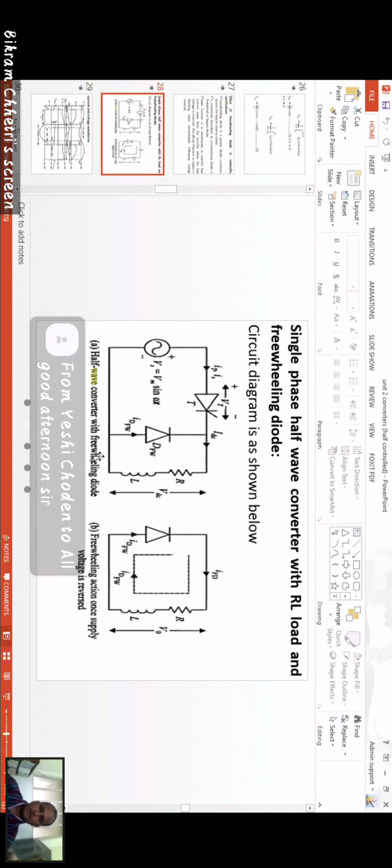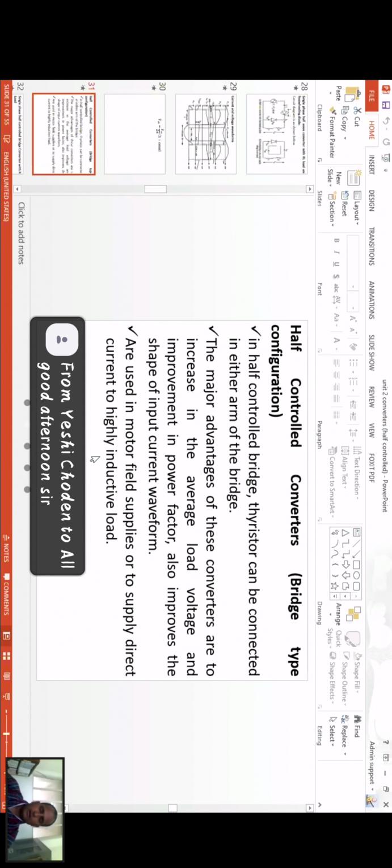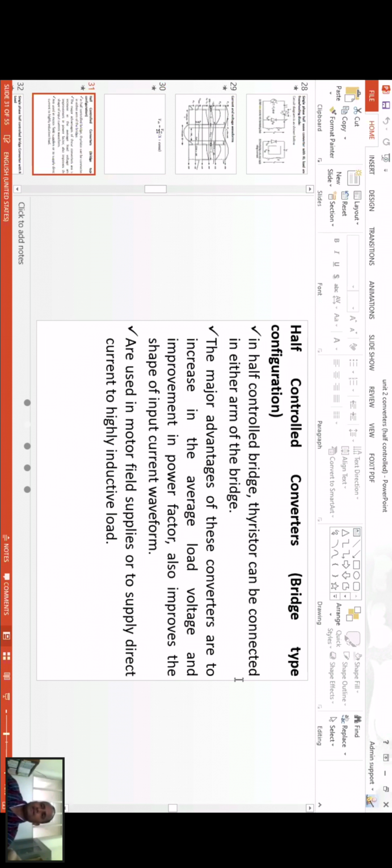We have also talked about the single phase half wave converter with RL load, and this we have already done with a freewheeling diode. Now today we look at the half controlled converter, bridge type configuration. In this half control converter,